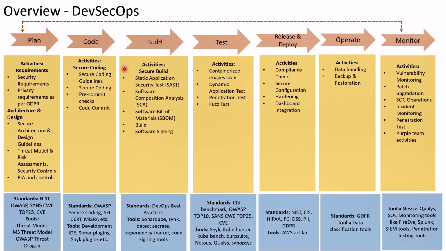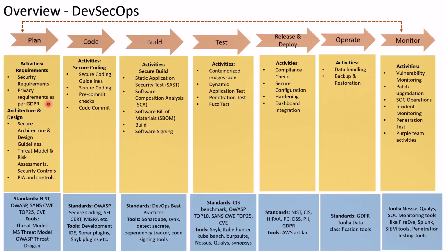Okay, here we can see the DevSecOps related security activities, what standards we need to follow, and which tools we need to use. At a high level, activities, security standards, and a tools list have been mentioned to incorporate into each phase of the DevOps stages. So first, if we take the plan stage, the security activities we need to consider are security requirements and privacy requirements